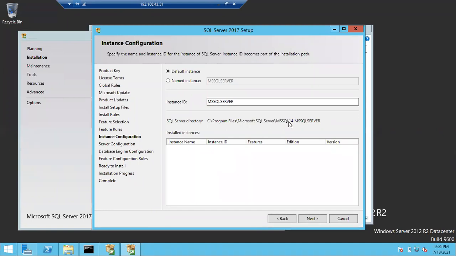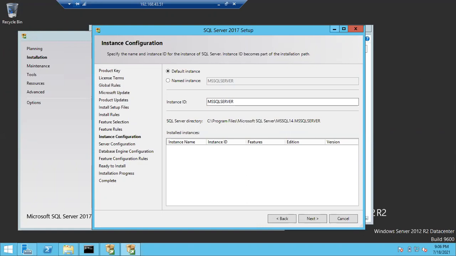You cannot change the default instance to a named instance, or a named instance to a default instance. If you want a named instance, you have to uninstall the default instance and install the named instance. It's not compulsory to uninstall the default instance, but if the customer doesn't want a default instance, of course we cannot pay the license, right? We have to uninstall the default instance and reinstall it as a named instance. So it is not possible to change after installation.